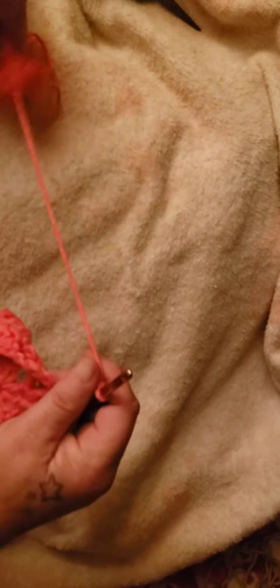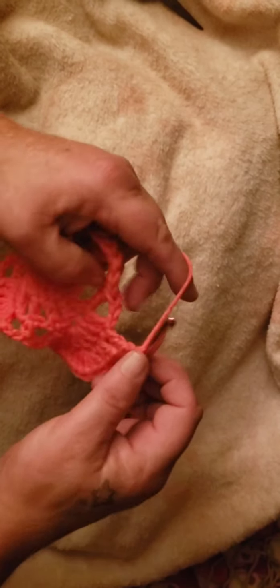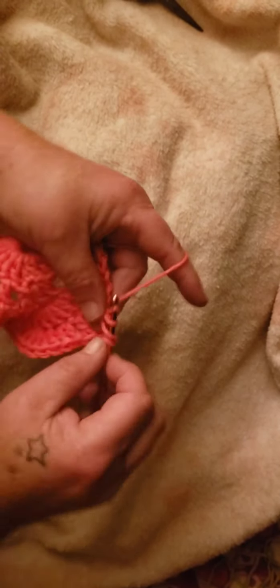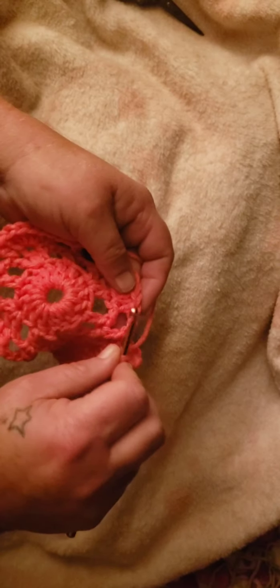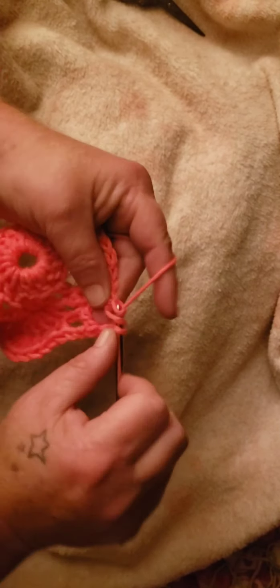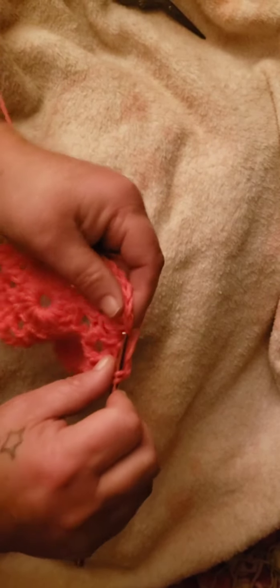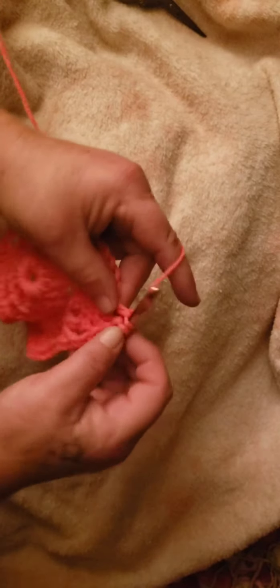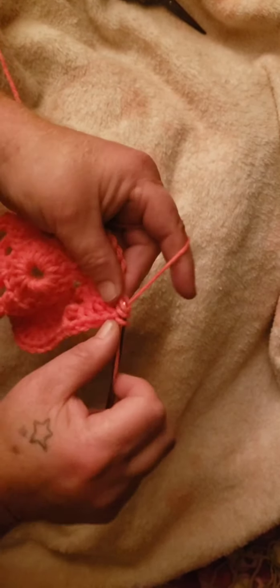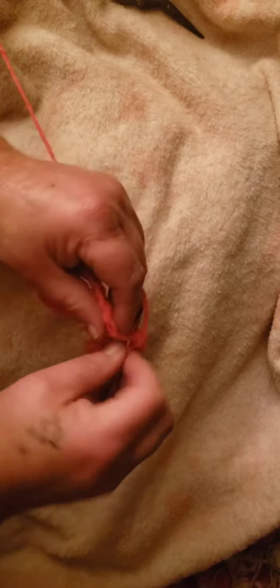chain 2. I'm running out of yarn here. Hopefully I make it around to the other side. And we'll put another color on. Double crochet in the next stitch, chain 2, 3 double crochets in the first 3 stitches, 3, and then 5 in the corner, 1, 2, 3,